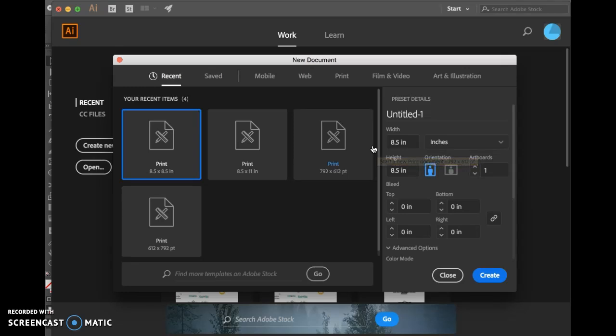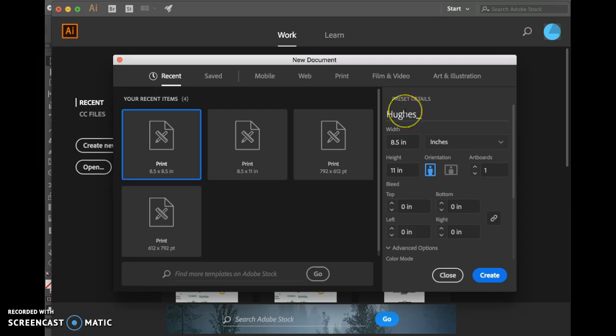Place a photo on one of the artboards in Illustrator. We want that artboard to be letter in size. That's the only thing. We want this to be 8.5 by 11, if yours doesn't default to that. And we want to only have one artboard, letter size. We're going to name it last name